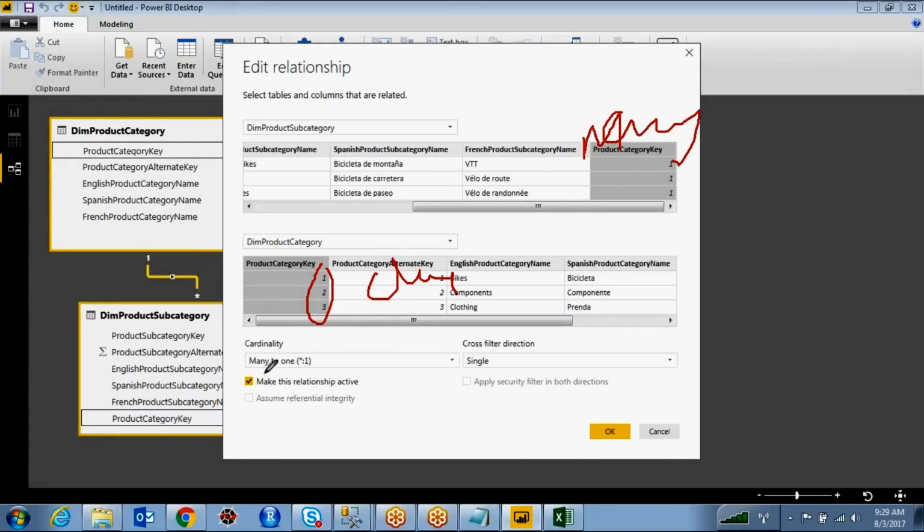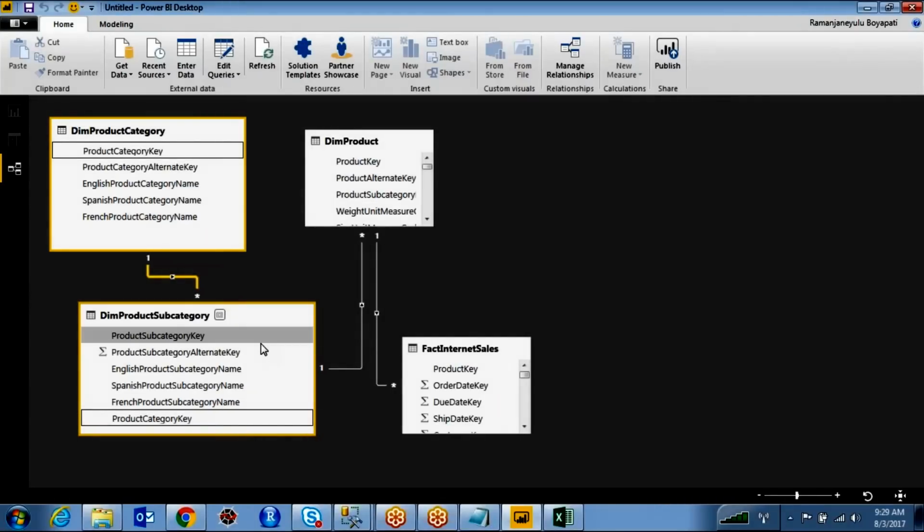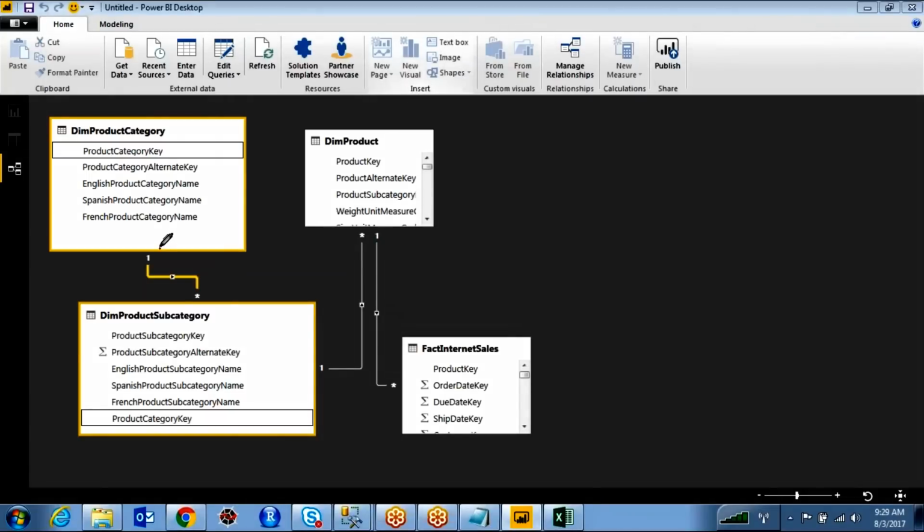That is the reason it created a many to one relationship. Without opening this, you can identify which one is one and which is many. See, there is one, and this symbol indicates many. Got it? In the product subcategory table there are many category keys, and in the category table the category key is only one. Is it clear? Yes, sir.